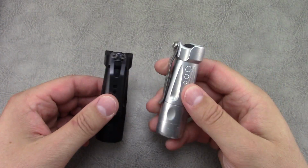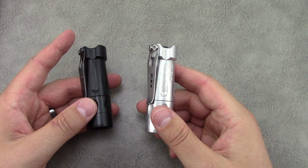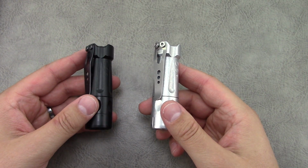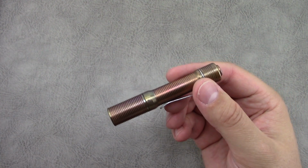But anyways, love the flashlights. Have no qualms with having two. I carry these now certainly the most out of all my flashlights. So there's those. And continuing on the flashlight theme, I have the